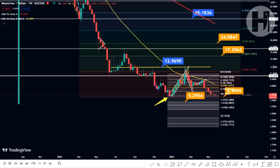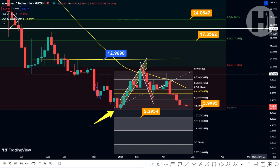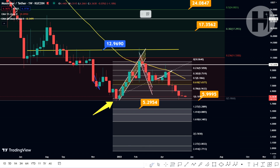You want to be averaging in at these prices to average down your buy-in price, because the lower your average buy-in price, the more profit you're going to make in the bull market when you're going to be selling. And technically speaking, once a price is coming back down to a support level,